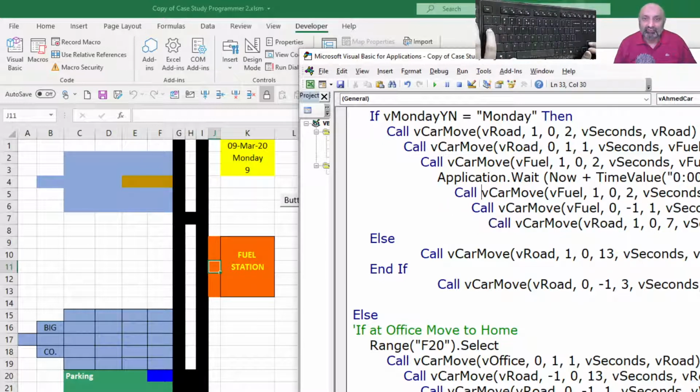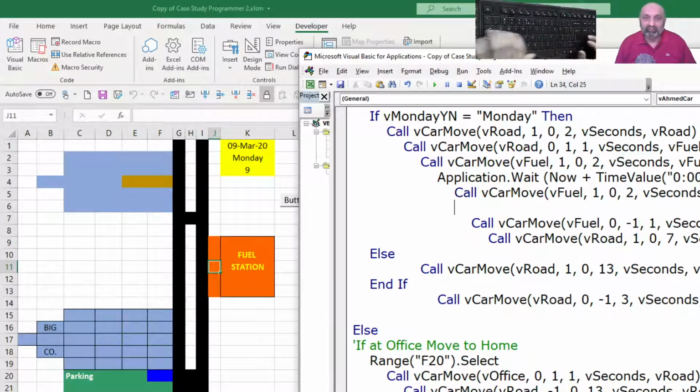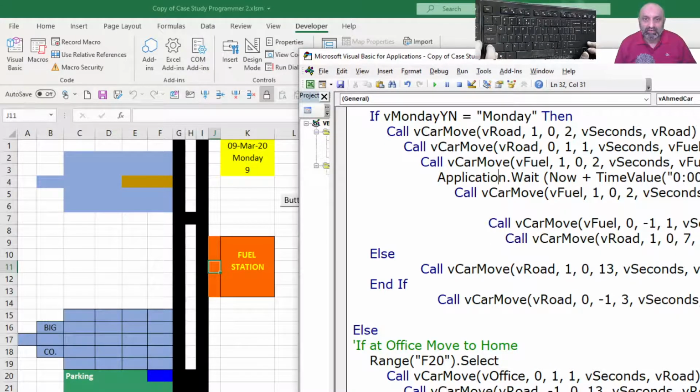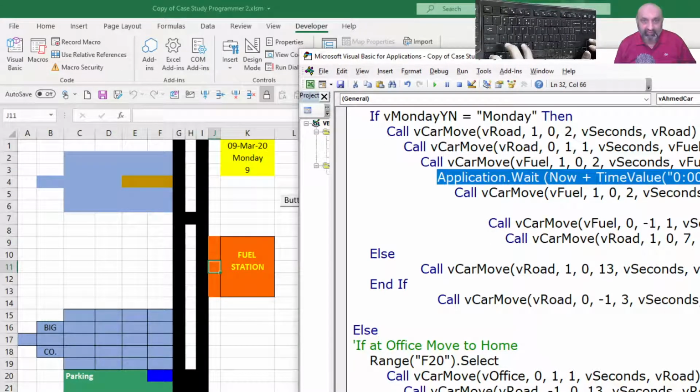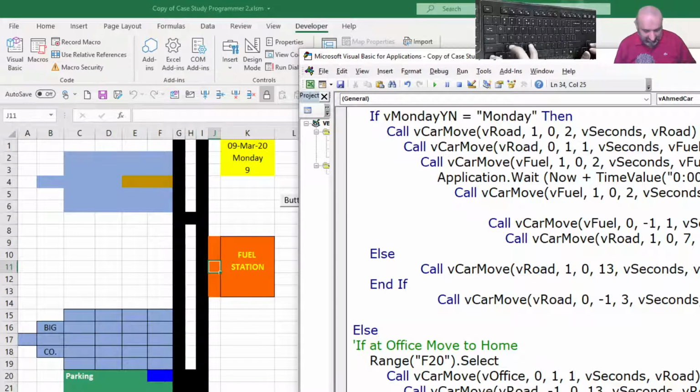And we want it to wait at the tire shop also, for an extra 3 seconds, right?